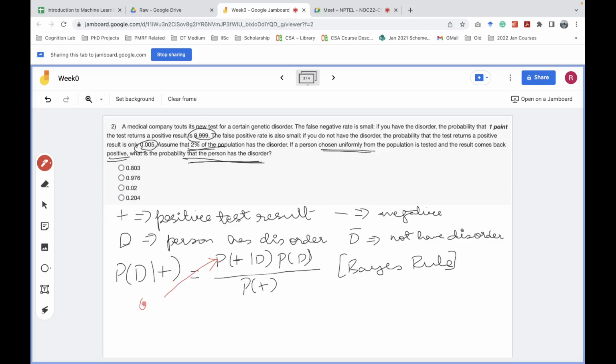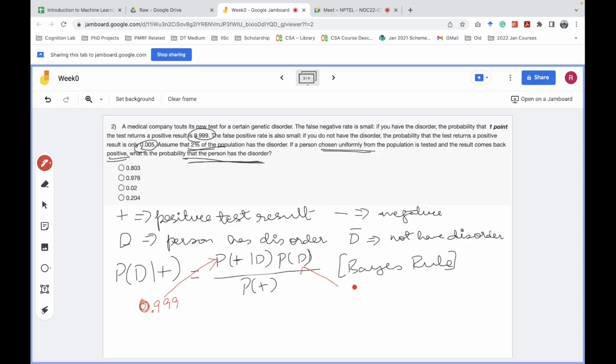So this is 0.999. This is 0, right? Now what is the probability of D, the probability of disorder? Now we have what they have said. They have said we will choose a person uniformly, and we have assumed that 2% of the population has a disorder. So the probability of choosing a person who has a disorder,